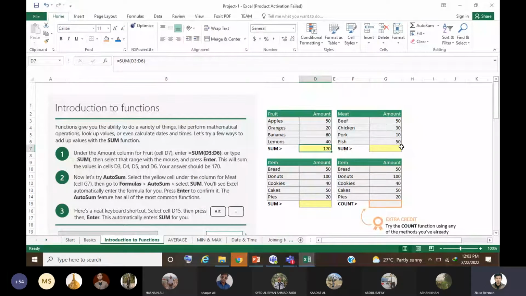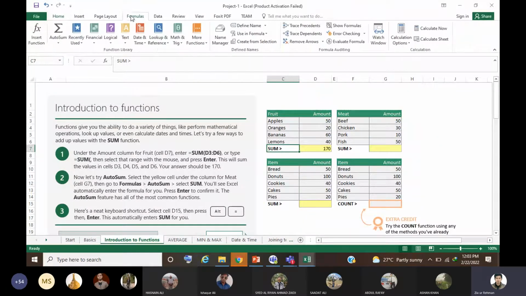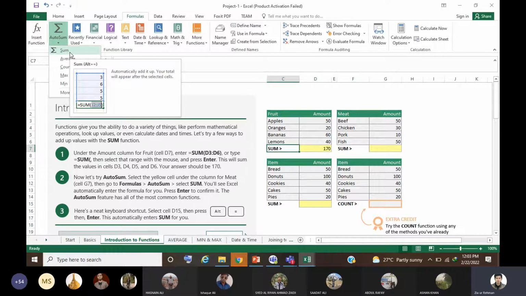Then there are certain functions available as well, like the summation function. First, if we go to the formulas, we have different functions available. Here you see insert function, and in insert function you see that there are different functions available. Here is the auto sum function. In auto sum function you could do the summation.